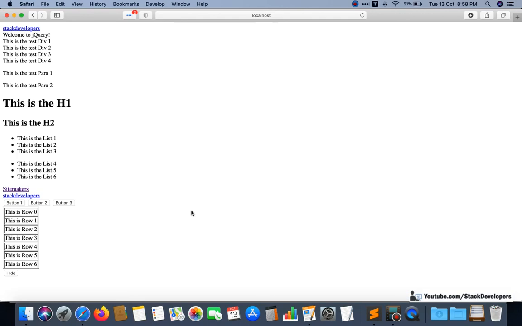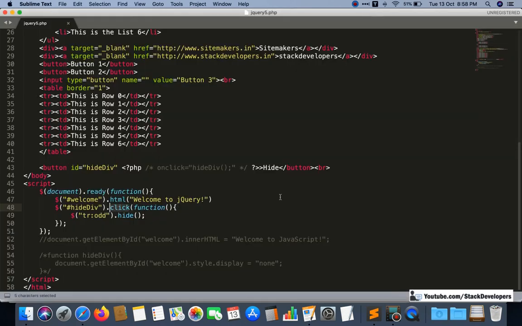See here, you can see the clicking of this hide button, the hide event. Click, sorry, click is the event. So here I am going to click on this one and it will do the hide operation, the hide action. And here I am going to use this click event, which hides some of the rows, that we have done in the last video. So click is a kind of event for us. I hope that event is clear to you.